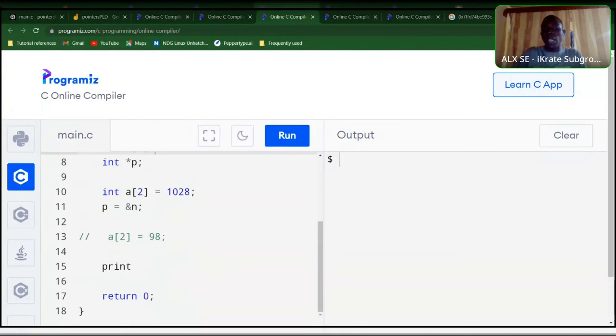Because before this particular task, I didn't know that automatically declaring two variables, or one variable and one array, there could be a relationship between their location. So I was just trying to see, and I ran this code, just print the addresses. Let's say address of A, then N. So that's the first one, address of N. We can do that by passing the pointer P, because we know P points to the address of N. Then